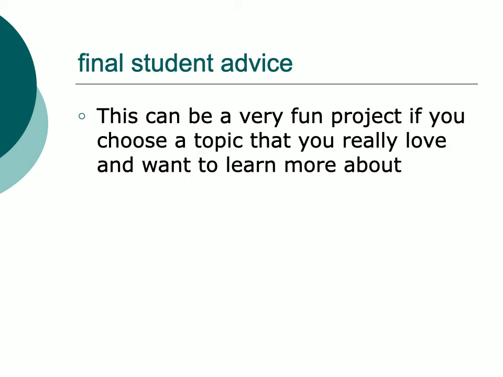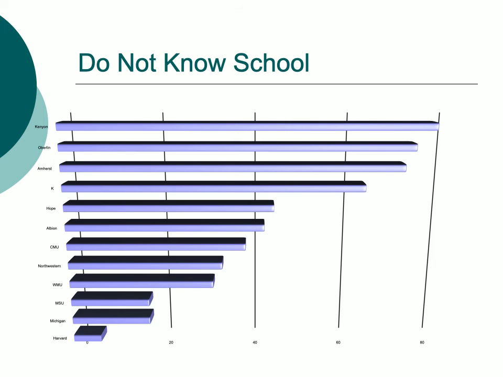Let me finish with just a couple of examples of past studies. This is one that was a really ambitious study, and it asked high school students living in Michigan, I believe they were all high school students in AP classes, to rate various colleges just on a 1 to 10 scale. But it also had an option for if they didn't know the school well enough to rank it, that they could choose that.